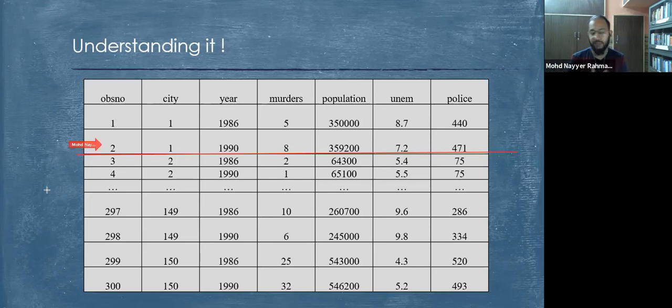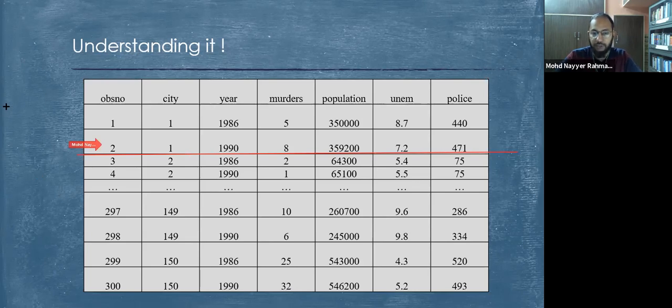Again, I repeat to make it a bit simpler for you. We have cross-sectional data, and we have time series data. Cross-sectional plus time series gives pooled cross-sectional data. Then pooled cross-sectional data plus another pooled cross-sectional data plus another pooled cross-sectional data is panel data. This is what panel data is.